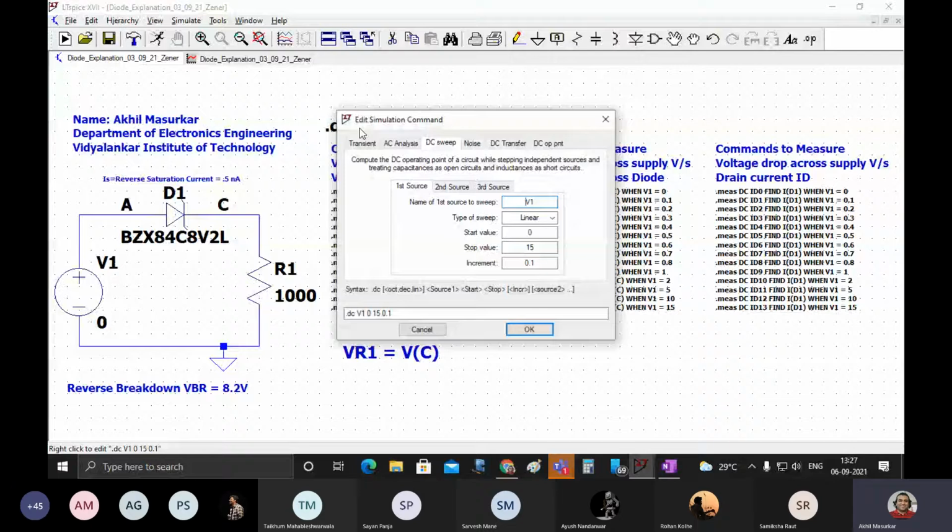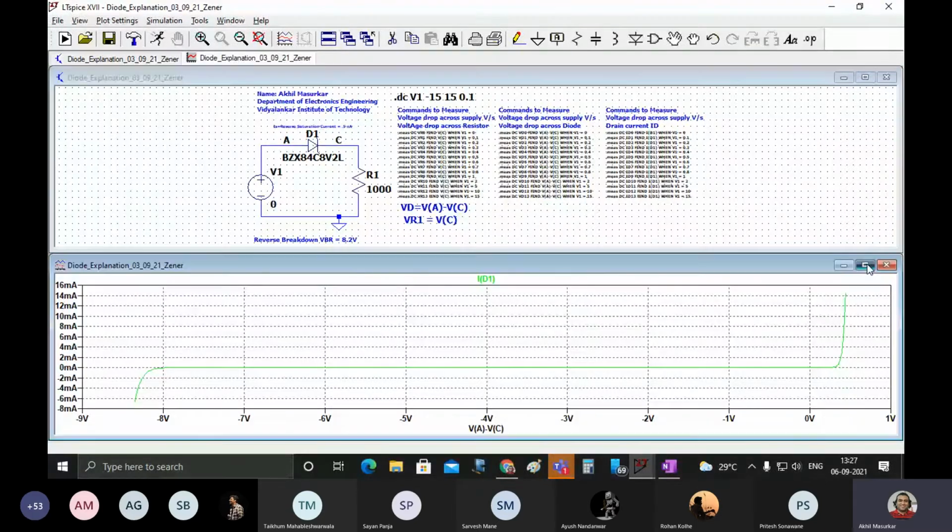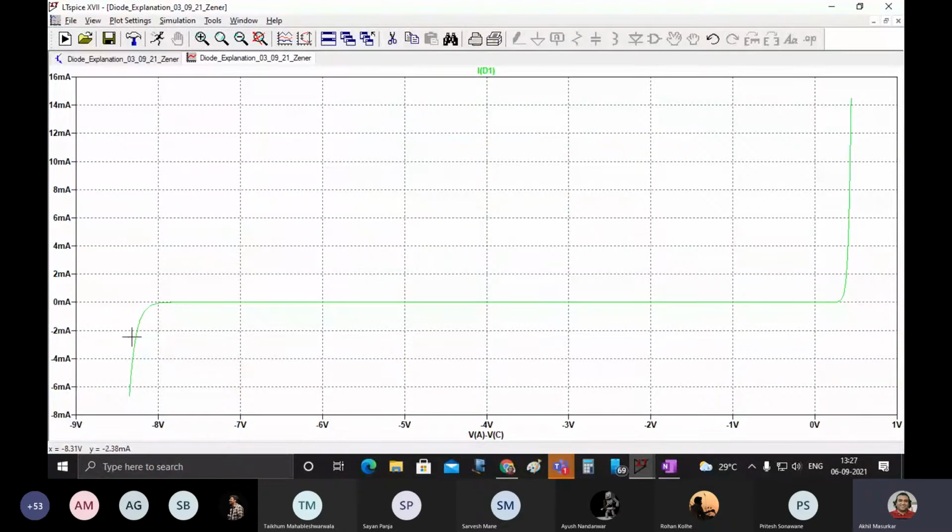So now can you see here this small fall in the value? So this fall is precisely at 8.2 volts. This fall actually happens at 8.2 volts. So now I want to see the circuit as well as the graph with both forward bias, that is above 0 you will get forward bias and below 0 you will get reverse bias, but the current does not fall at a very large voltage, but it falls at a very small voltage.